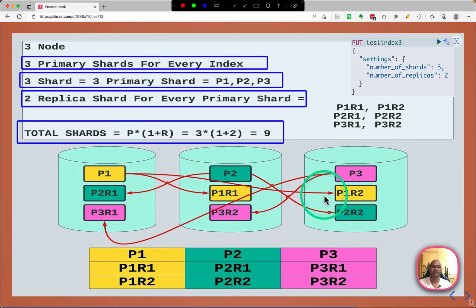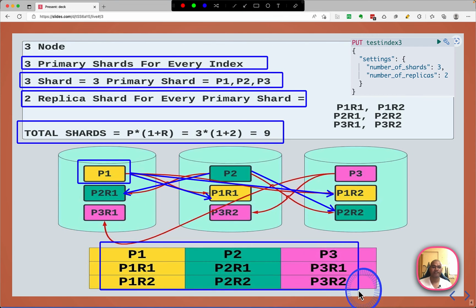So this is how the data distribution looks. Let's say P1 is my primary shard, and for that primary shard I have a replica on node 2 and a second replica on node 3. In the same way with P2, the primary shard 2, I have a replica on node 1 and a replica on node 3. So these are all my shards: 3 primary and 2 replicas each, on different nodes, not on the same node,